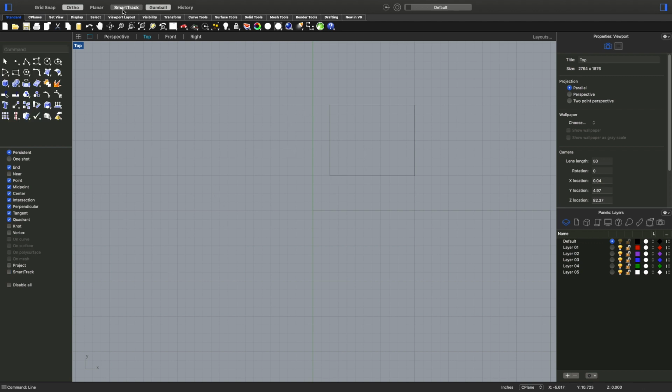The Smart Track is for lining up things, basically. So if I have Smart Track turned on and I want to draw a line, say to this point right there without grid snap on, from here to there, how do I make it stop? So if I draw a line, enter,